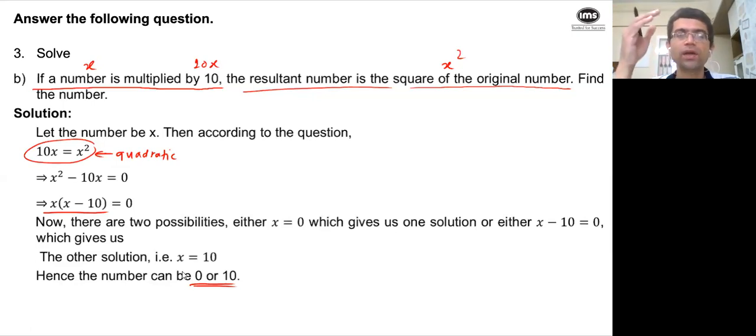Right? Now x square is equal to 10x also leads to x square minus 10x is 0, which will factorize to x into x minus 10 is equal to 0. Now there are two possibilities, either this term becomes 0 or this term becomes 0. In either case the equation will become 0. So either I take x is equal to 0 or x is equal to 10. So there are two possible values of x.